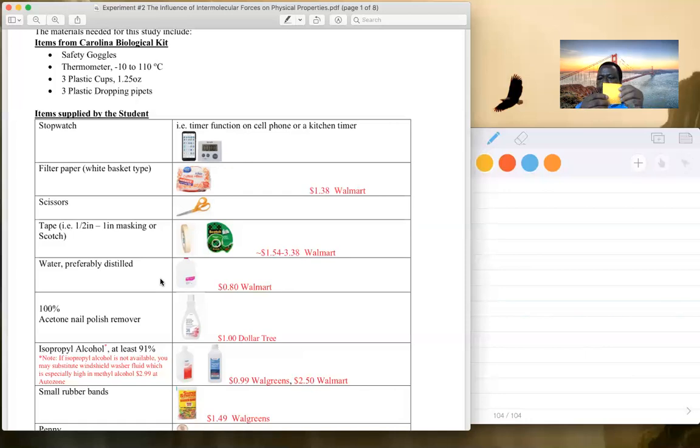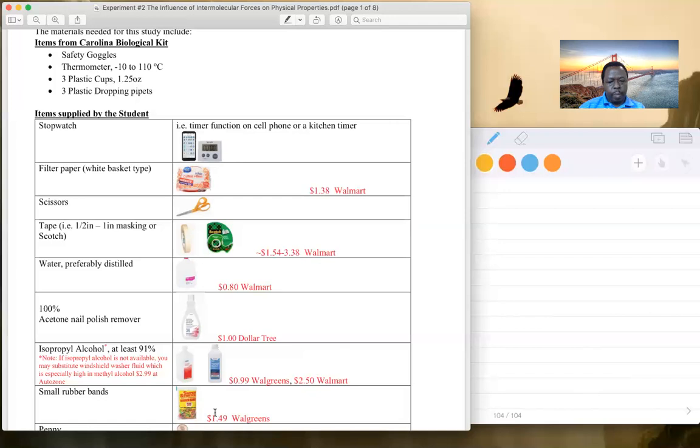So if this is the filter paper, I'll cut it to size. I'll now tie it at the end of the thermometer, all right? This is how it looks like. You may tape it in here so that you're going to be immersing it into your test solution,